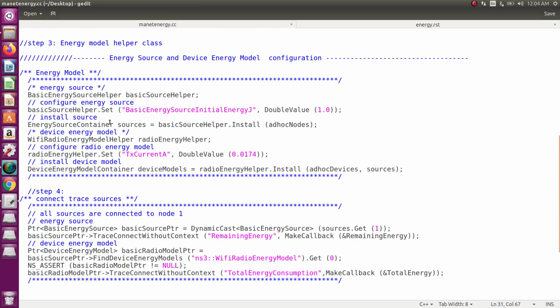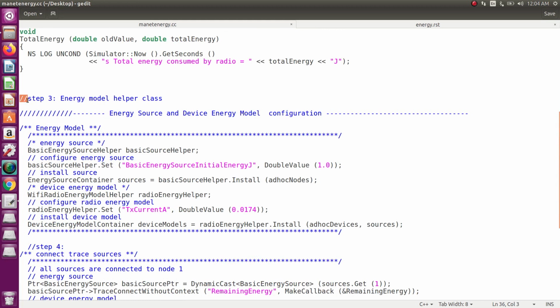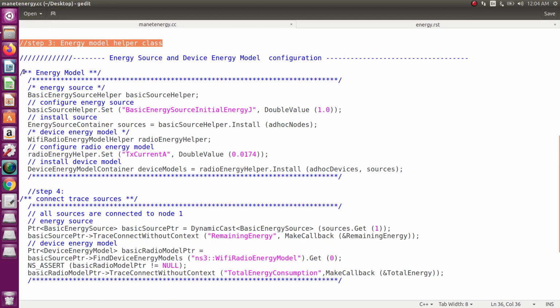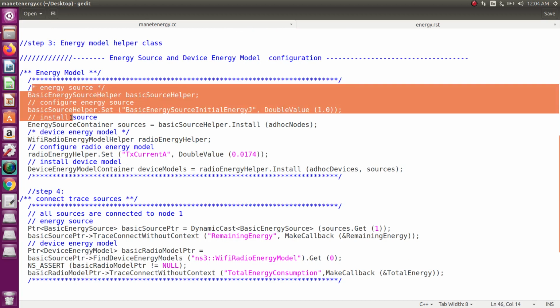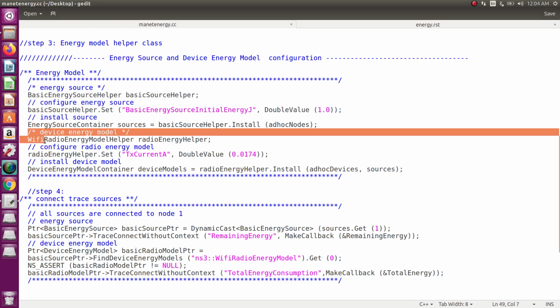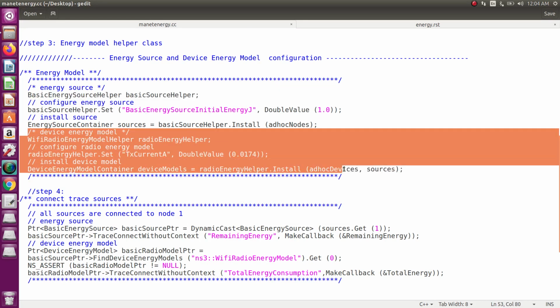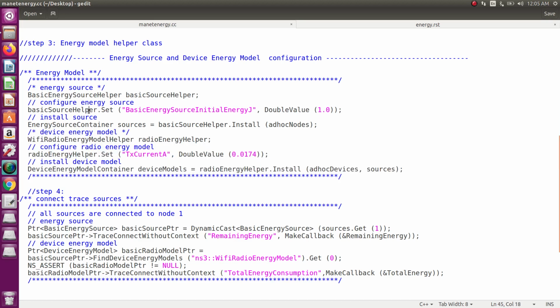Then the third step is the helper classes, called energy model helper classes. We need an energy source model as well as device energy model helper classes. In the energy source model we are using the basic energy source helper.